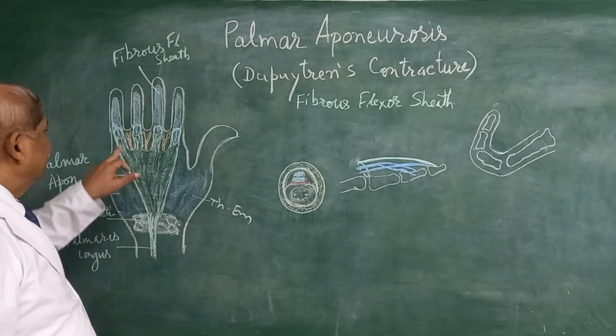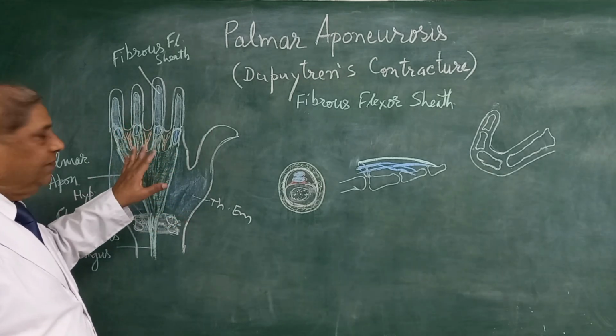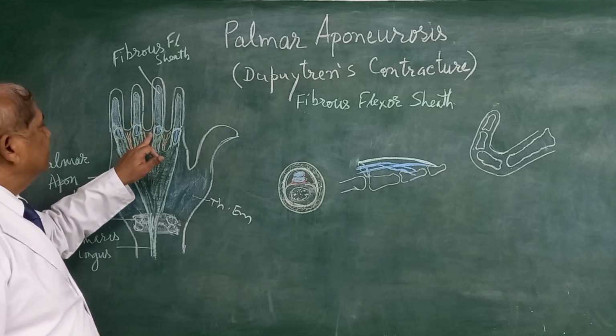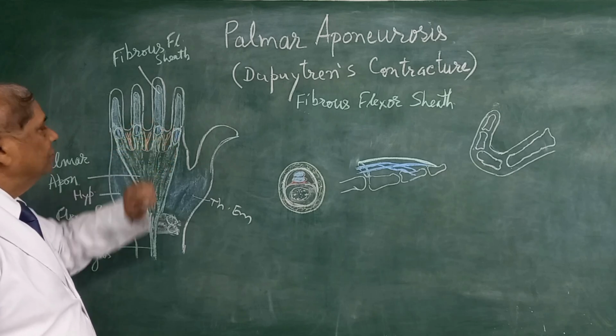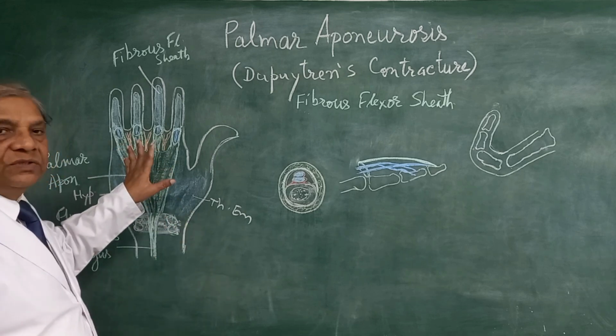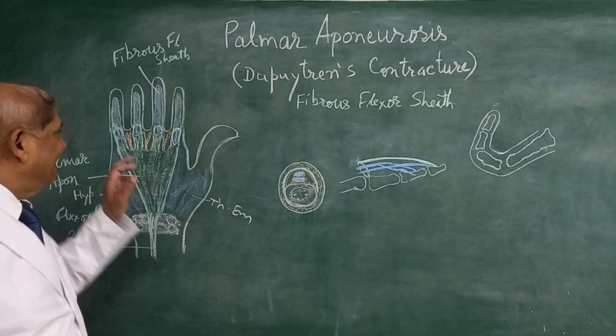To this it is attached. No, forget this. We are looking at just the deep fascia going in 4 slips, and each further divides into 2 slips. So there are 2 slips of these 4 slips, and these 2 slips become flattened, and